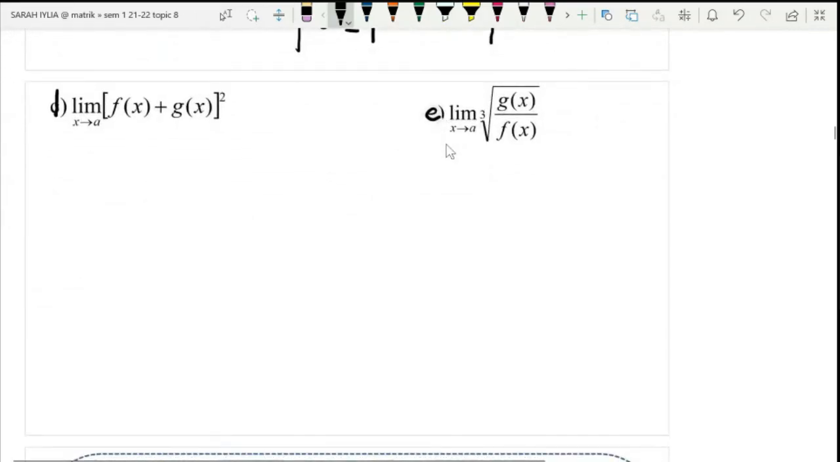So, next one. The limit of x approaches a of fx plus gx, the whole thing squared. Suddenly there's a power here. So, as usual, if we have the whole thing squared, we can open this up, meaning we have to expand it, one by one, using the property that a plus b squared becomes a squared plus 2ab plus b squared. So the same thing we apply here. So fx now would be our A, and gx will be our B. So open this up, it will become